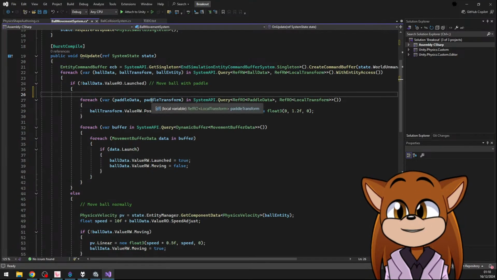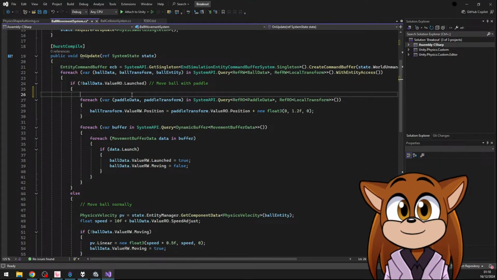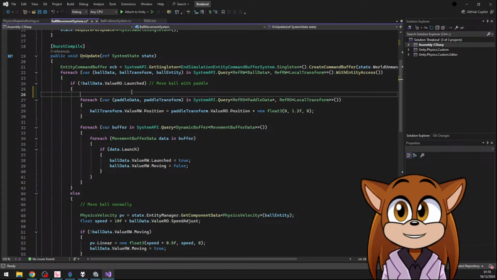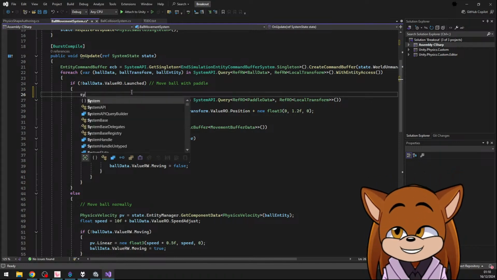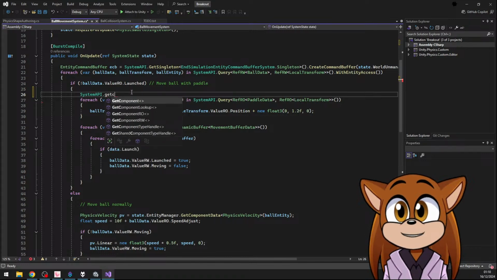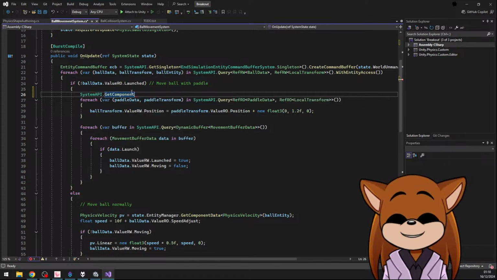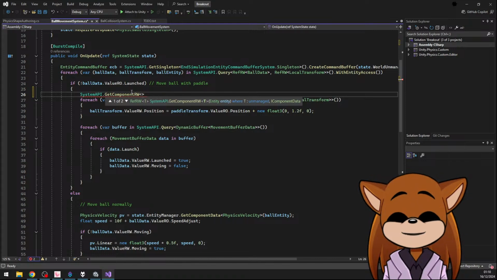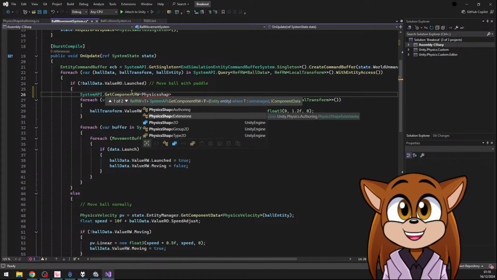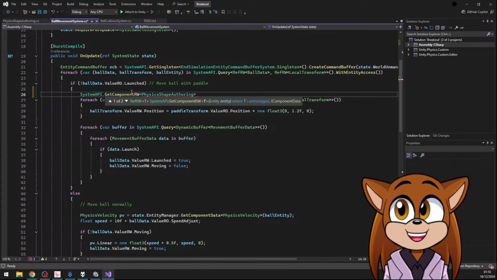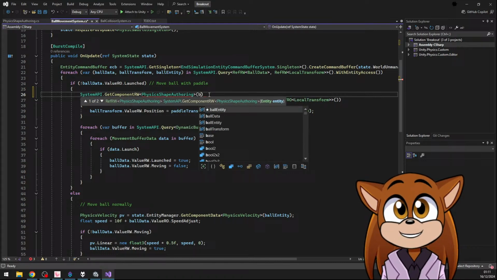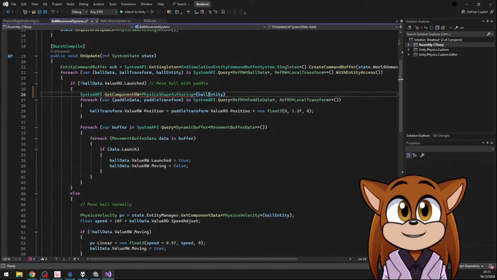So I need to API dot get component RW physics shape authoring. No, because that's a non-nullable. All entity